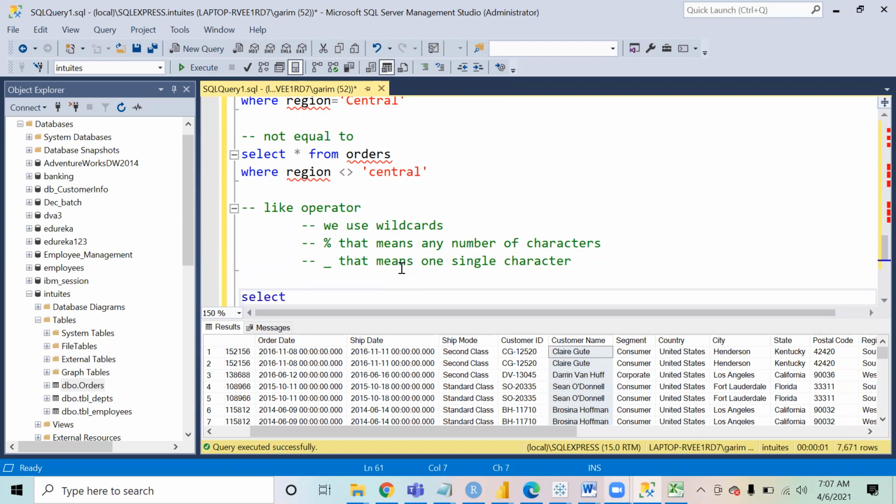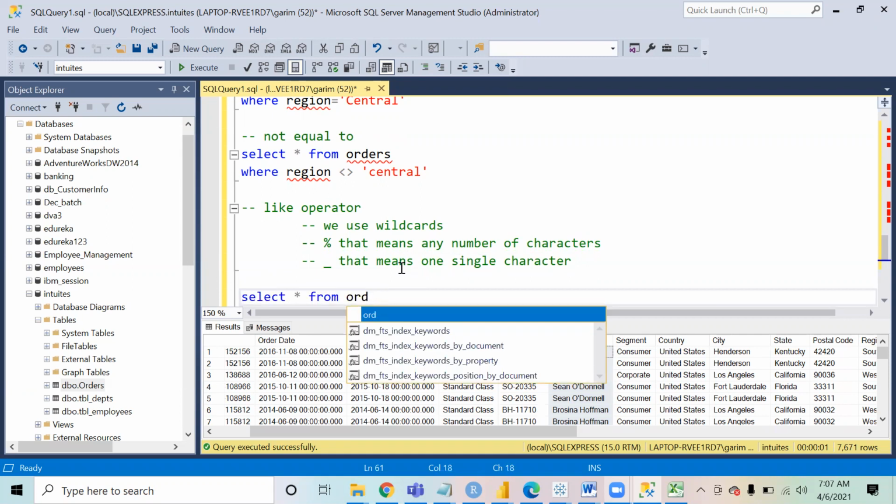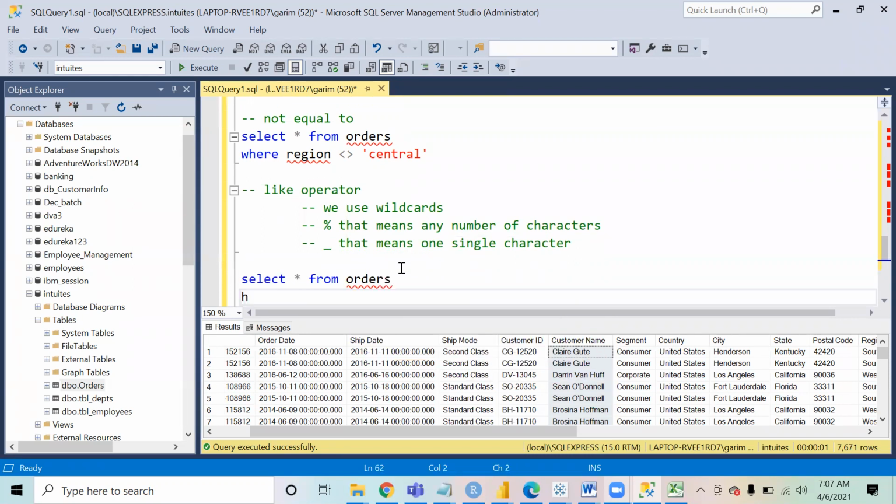So if I say select star from orders where customer name like 'A%', right, that means I'm trying to say I want to find the data for all those customers whose name is starting with A, and after A it can have anything, right?